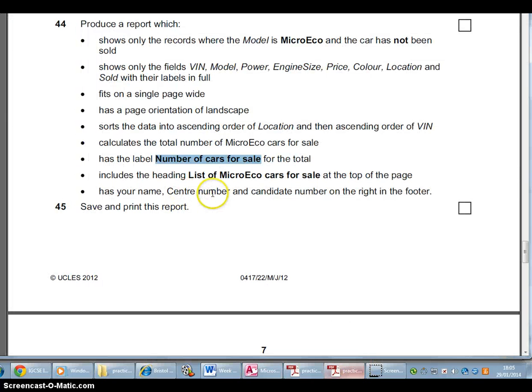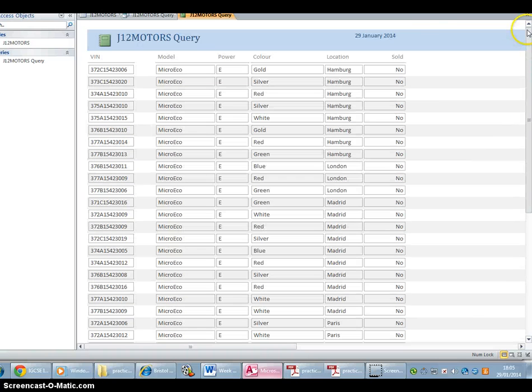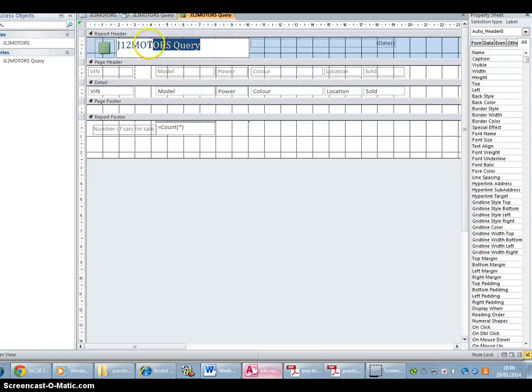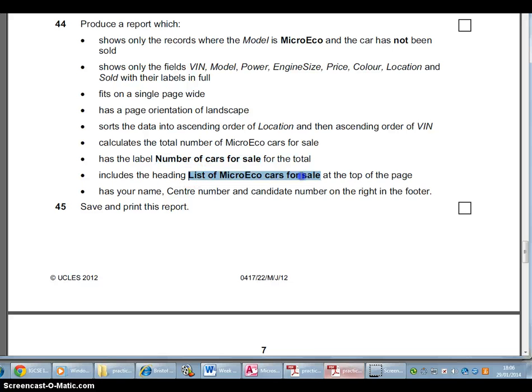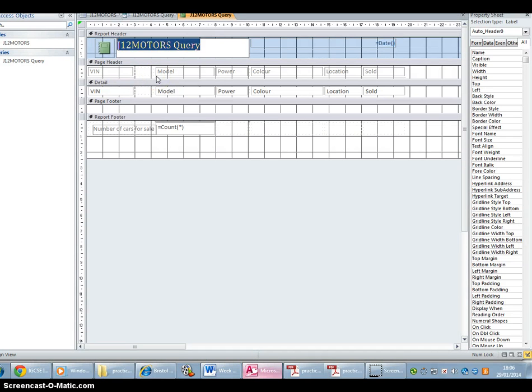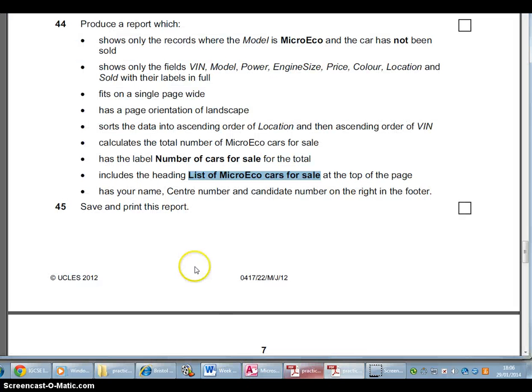The next thing I need to do is include the heading list of micro cars for sale at the top of the page. So I'm going to have to go in, and here I can just change that, he says, possibly not. So what I do is then go to design view and I can change it there. So here we go, list of micro cars for sale, copy into my database, into my report,